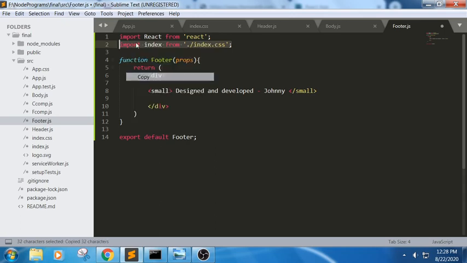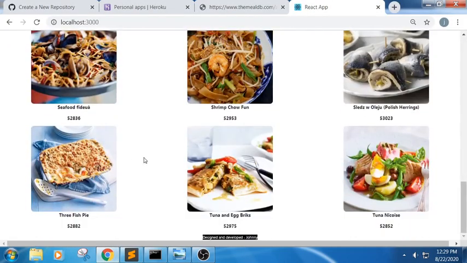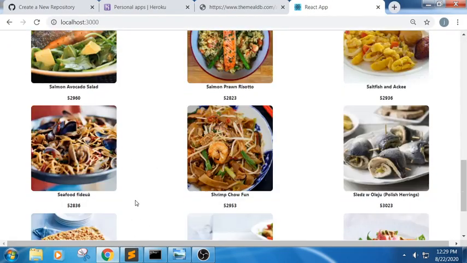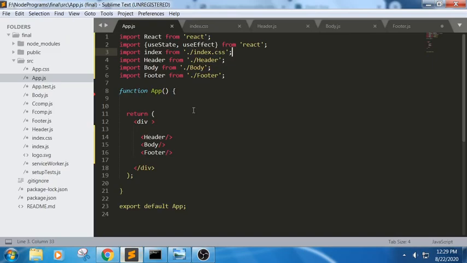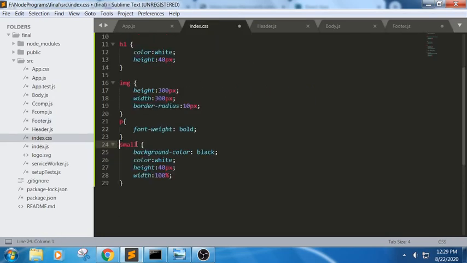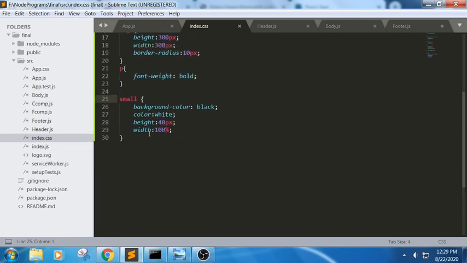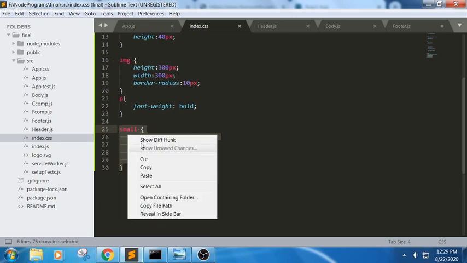Let me import this in this file also. So we got a footer part here, but we are not getting the full screen. Why? We got header part, footer part is there, height is there, weight is there, everything is there. Somewhere it is getting stuck.